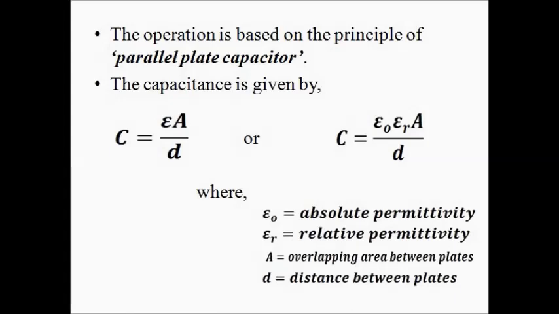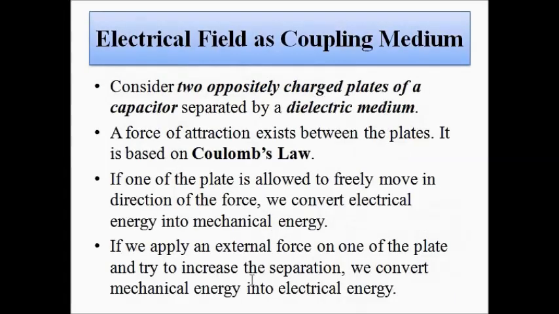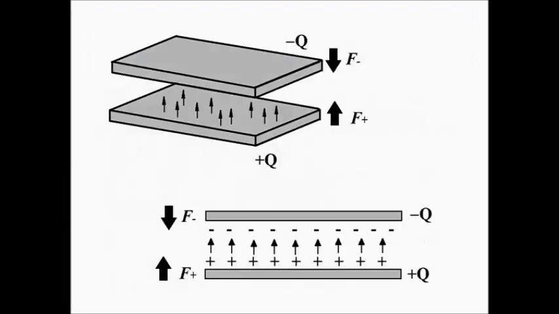Okay, so in the second case, to convert mechanical to electrical energy, if we apply an external force on one of these plates and try to increase or decrease the separation between the two plates,